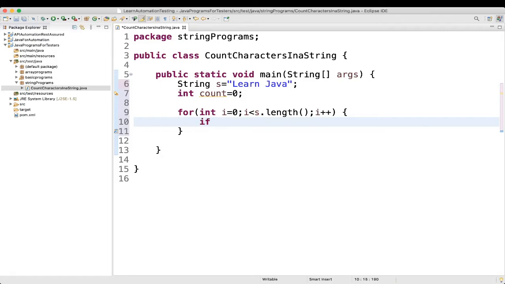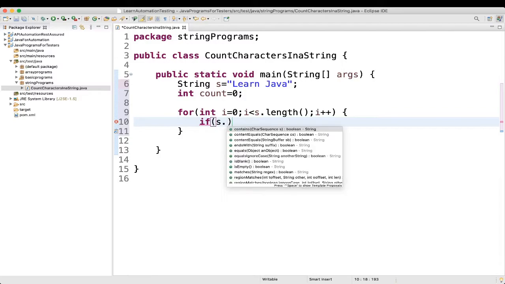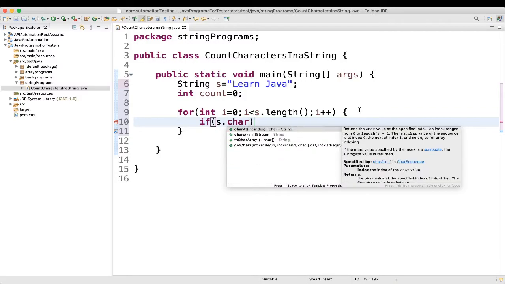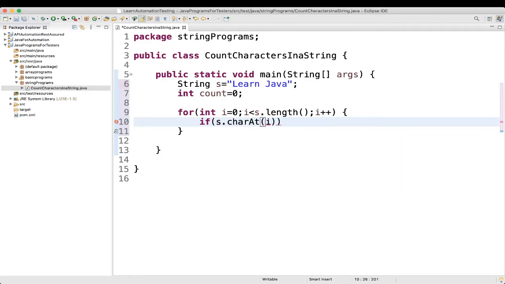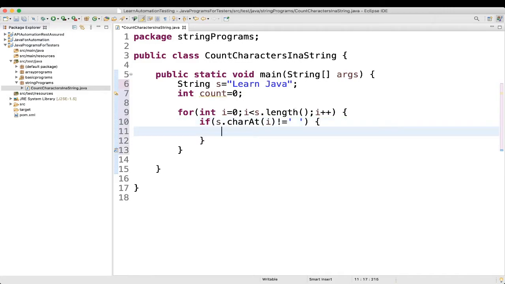Then we'll write an if block. If s.charAt(i) is not equal to a space, because we want to consider this space, then count plus plus. I'll explain all these things.